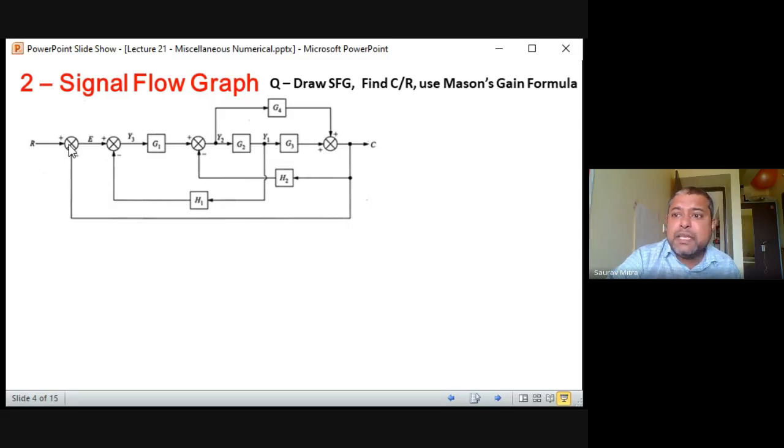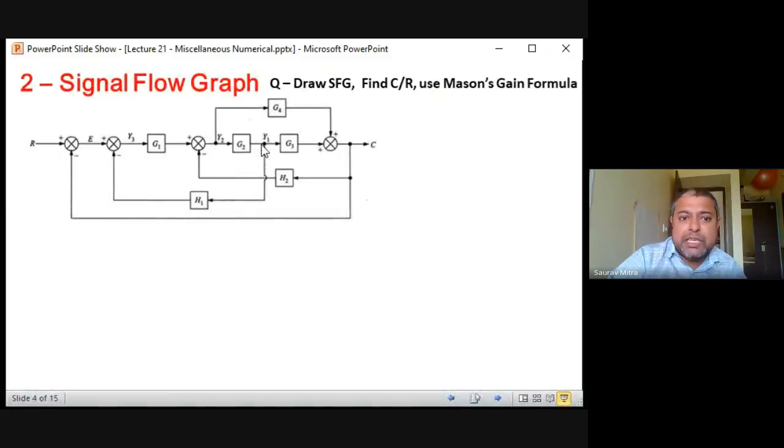And signal flow graph is very easy thing, provided you know how to convert a block diagram into a signal flow graph. So this is the first point, 1 node. This is called as 2 node. Between node 2 and node 3, there will come G1. This is the third node. This is the fourth node from which Y is taken out. So I told you that from wherever you are taking out a point, or whichever point you are adding the data. So this is a point you are adding the data. So this is a node. This is the point from which you are taking out the data. So this is a node. So there is a fourth node.